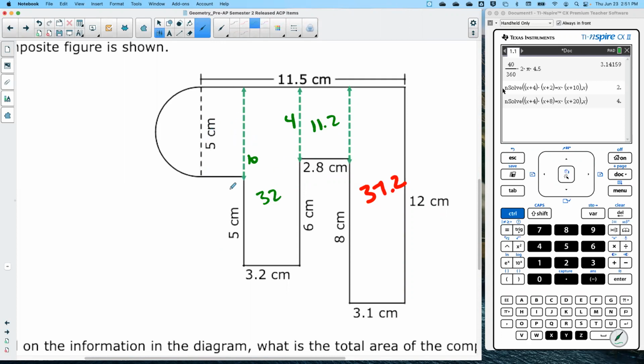Okay. This section right here. How do we get this length right here? You have to add all those. It's going to be a total of 11.5. What's 3.2 and 2.8? 6. That makes it 9.1. What is 11.5 minus 9.1? 2.4. When you multiply those two,